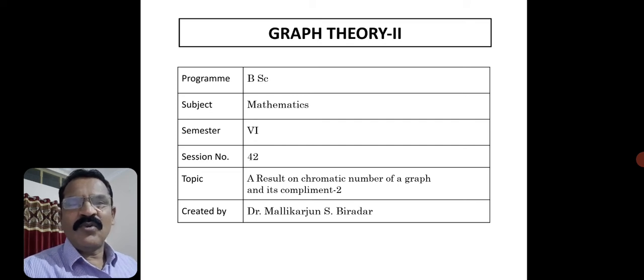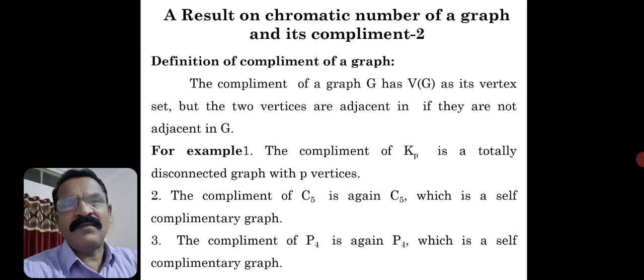So what I am going to say is that the complement of a graph and the graph have the same vertices, but two vertices are adjacent in G bar if they are not adjacent in G, and vice versa. So overall conclusion is that the total number of edges, if you count in G as well as in G bar, constitutes the number of edges in the complete graph, because in G bar we are joining two non-adjacent vertices of G. So both together, it will be a complete graph, and that will be the number of edges of the complete graph.